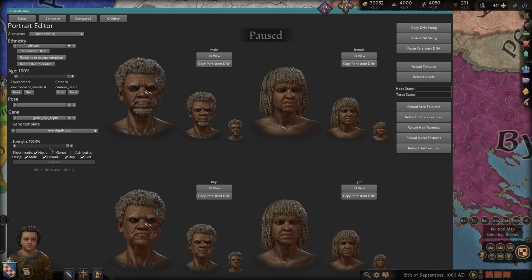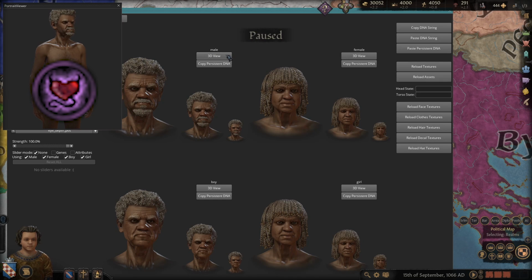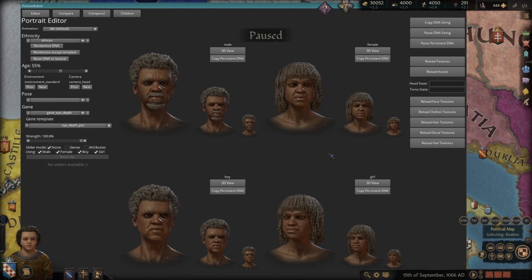Change their eye depth position. You can see, kind of Sims style almost, their eyes changing depth. This is so insane for character customization, isn't it? It's so good. Got 3D view. Oh, no. I've seen things. Anyway, this has a phenomenal amount of options, and of course there are nude models, so just